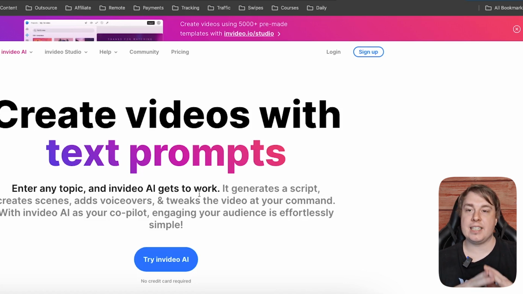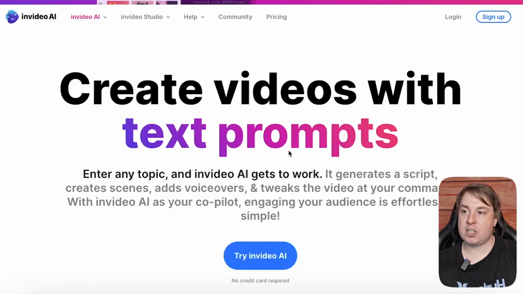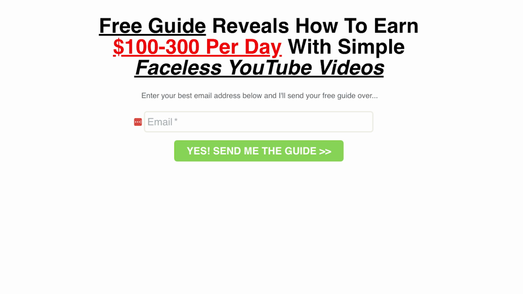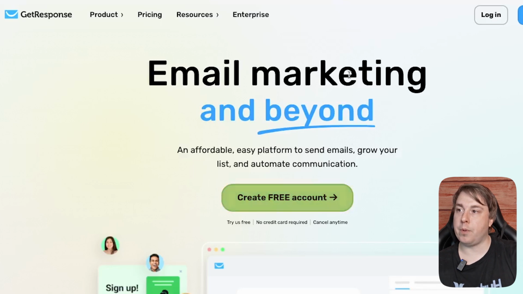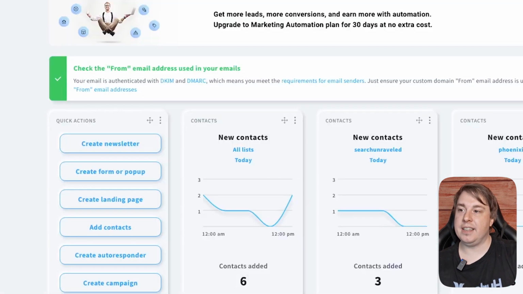Now, how you can make this even more powerful is by incorporating email marketing into your tutorials. So before you take people to the actual product page, you want to put in front of them an opt-in page, and I'll pop up on the screen an example of an opt-in page. Basically, you want to collect someone's email address, and when they enter in the email address, then they will be put onto your email list, and then they get taken to the offer. So a tool that you can use for that is a tool called GetResponse. This is what I use, and you can see here, this is the dashboard, and just today I've collected 6 email addresses so far today.